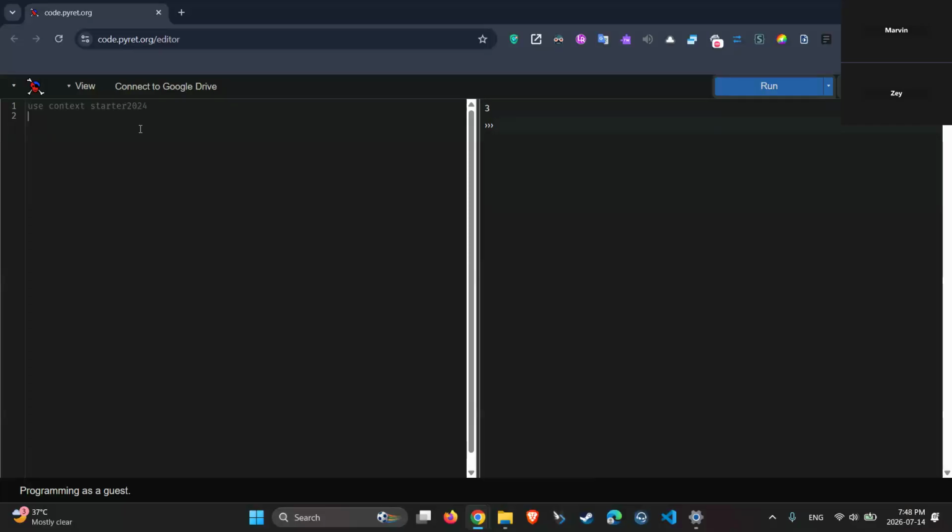So let's delete everything, and let's write fun. Notice how it's bolded. So it's a special keyword. We're telling the programming language we are intending to write a function. Let's call our function f. So let's say f opening parentheses x closing parentheses colon